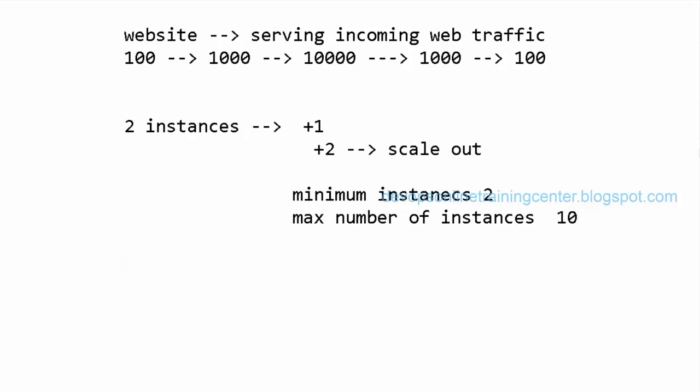And if the load decreases, some of the instances will be destroyed automatically. So we can set minimum, maximum, and we can also set an alarm. That alarm will check the load on the instances based on the CPU usage and the memory usage.